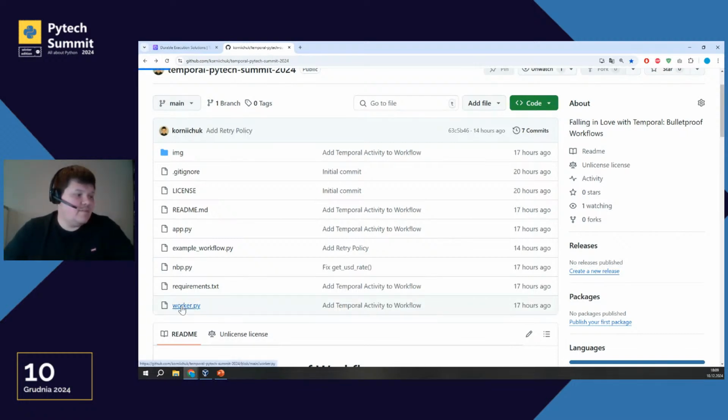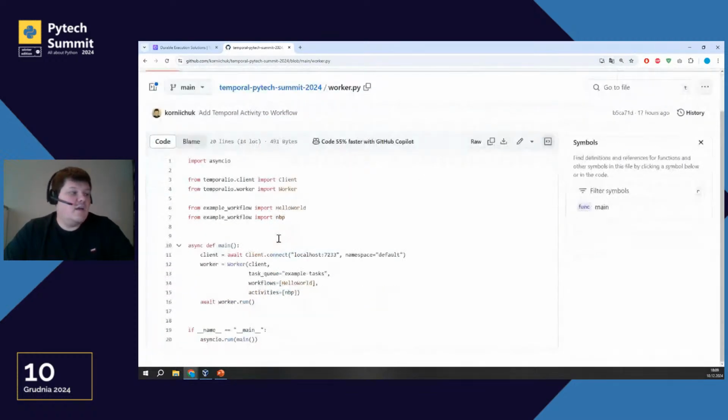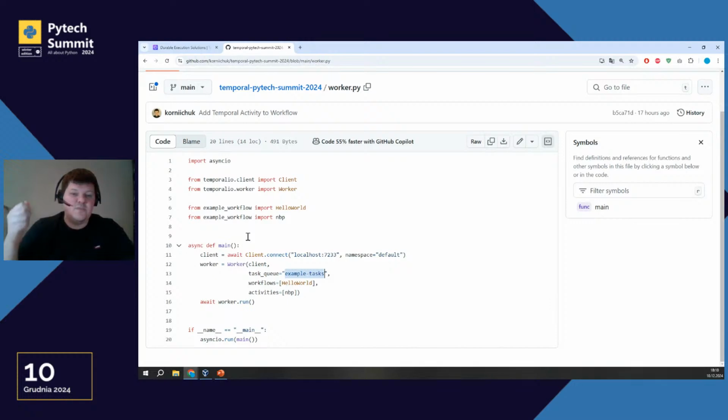And that's why we will have a worker Python file here. And the code all the time looks plus minus the same. The main idea is that we need to serve some queue. And previously we found the proper name of the queue, it's example tasks. So this worker will be responsible for these workflows and this queue, example tasks.